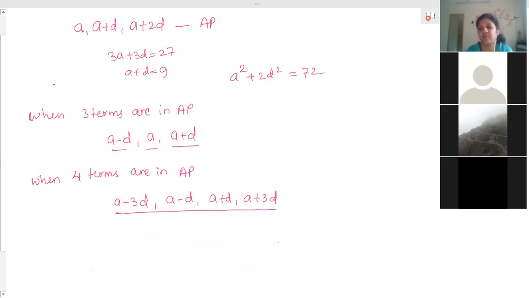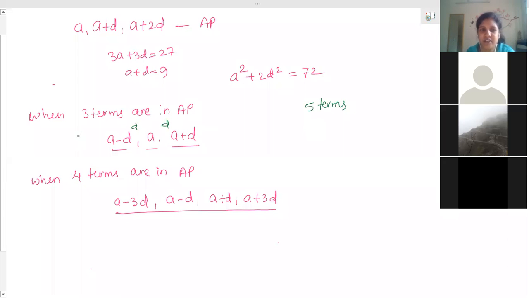Then you can use A in the middle. Yes, Vishnu? A minus 3D, A minus D, A plus D, A plus 3D. The difference between these two is D, and between these two is D. So then you need a number which is 2D, A minus 2D. So for 5 terms,